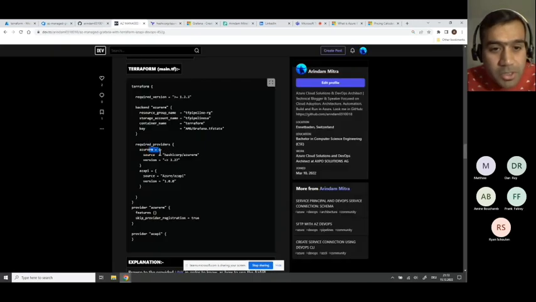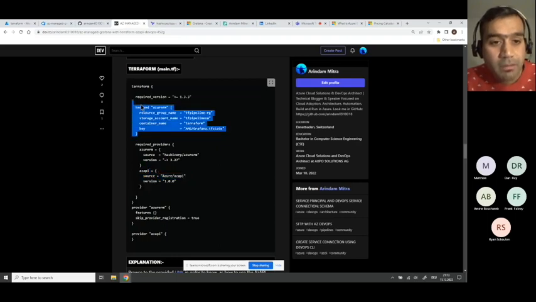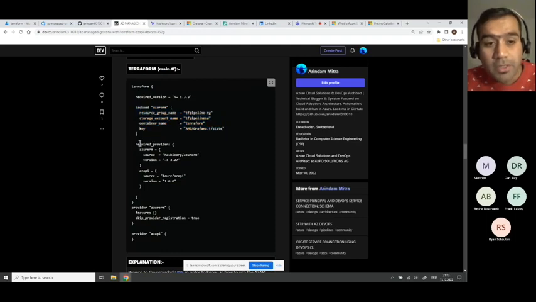Okay, so you get the Azure RM, and this is the AZ API provider. So this is the most important part. Now, if anybody who has worked with Terraform, they know that you need to give the backend configuration where the state file is going to be created, and then all the providers which is required for your base deployment that